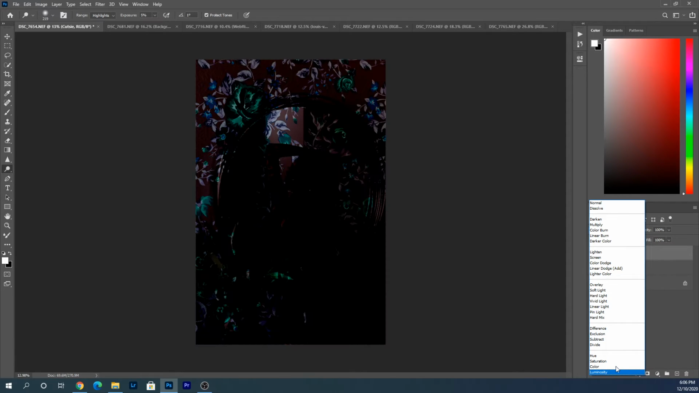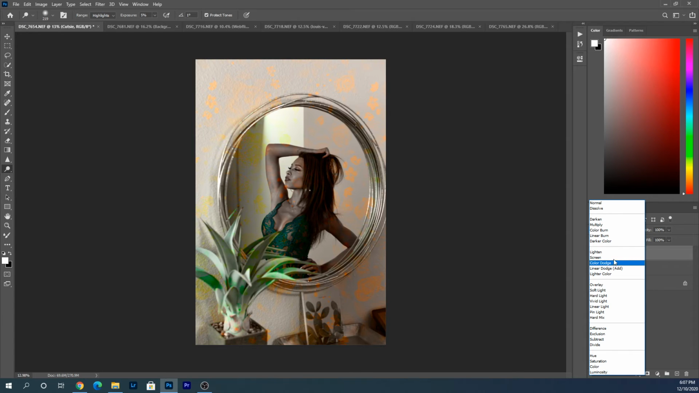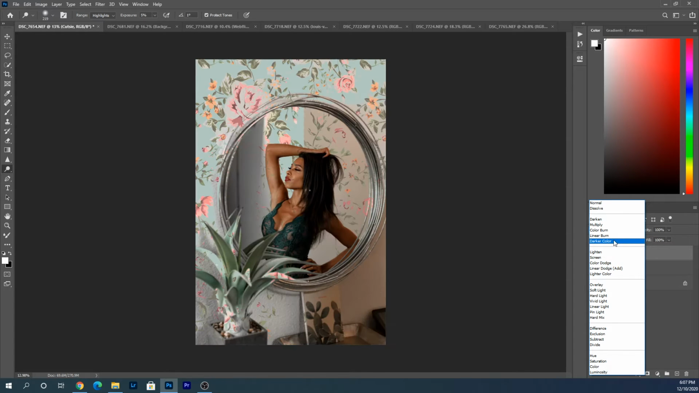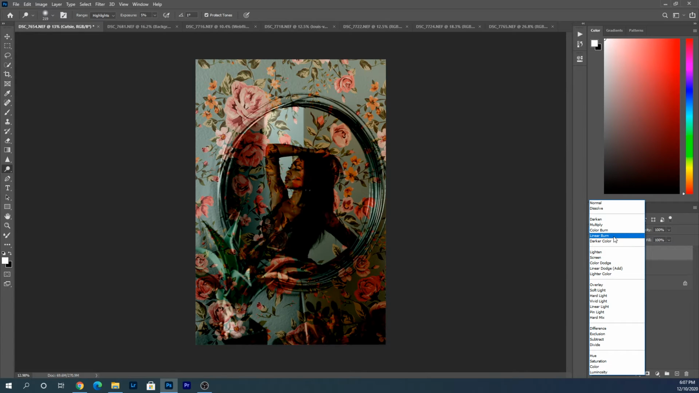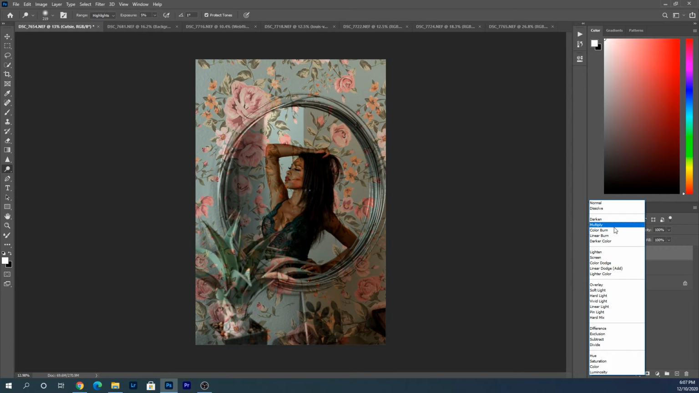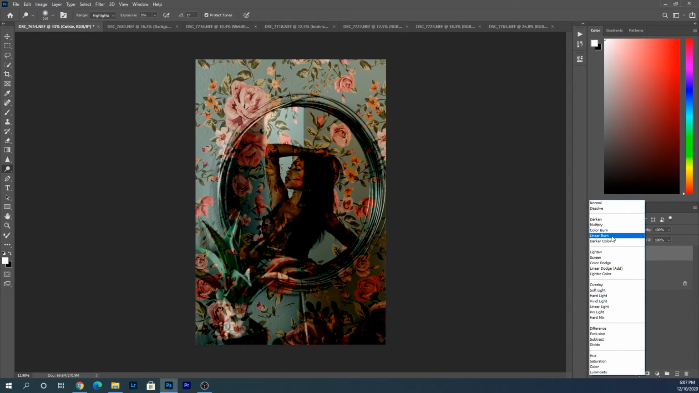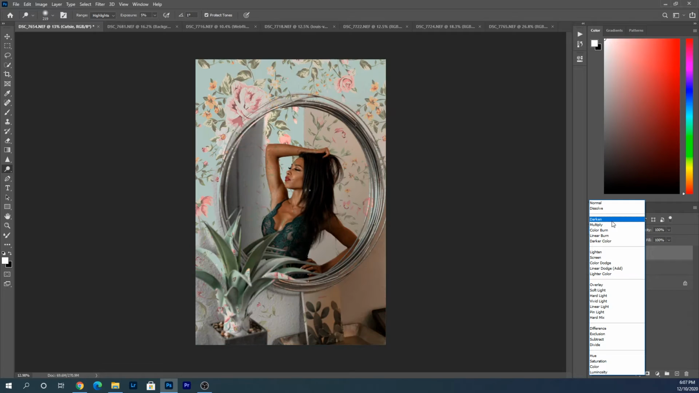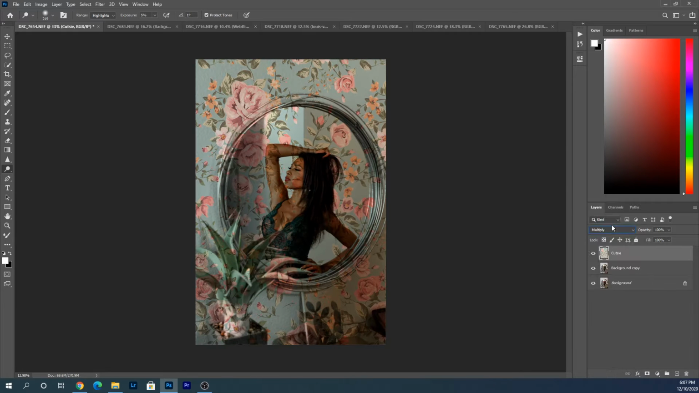But what I'm thinking I'm gonna do is use, I'm thinking either linear burn or multiply. And I think I like multiply a little bit better, so I'm going to go with multiply. Leave that as is, and then what I'm going to do next is duplicate the